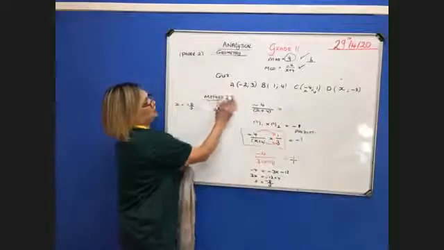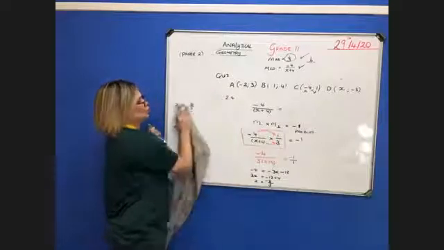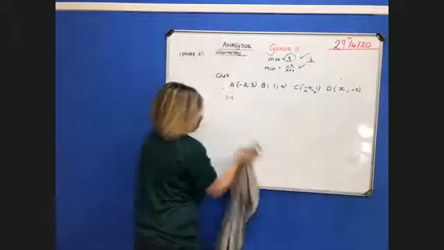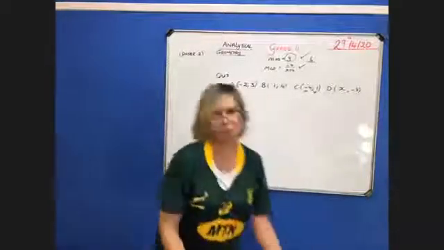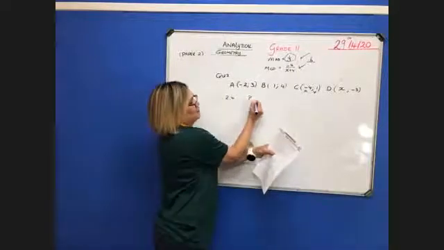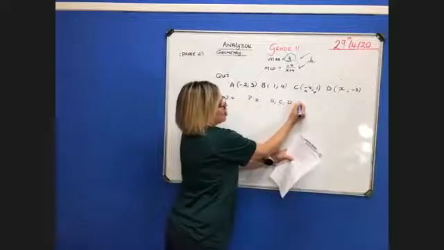Okay, there's one more question. Question 2.4 is also solved for x, all right? But they're giving me new information. So because the information is different, the value for x will be different. This time they're saying, can you please find the value of x if the points A, C, and D are